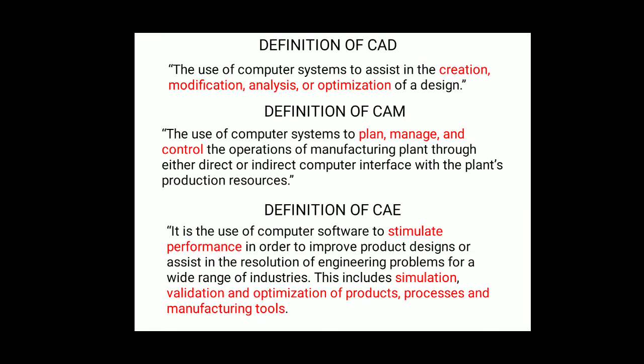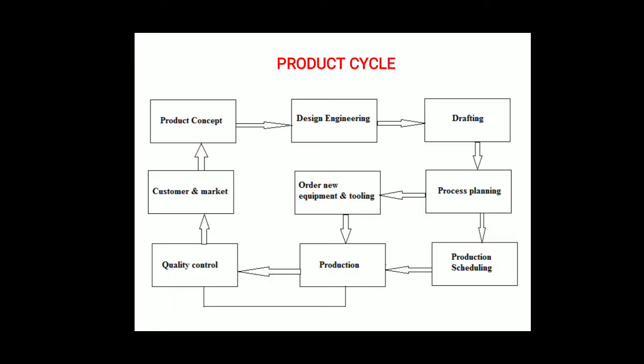First of all, before going to the product cycle, the first point is the product concept, the design concept. What is meant by product design concept? In this product cycle, you can see the first step itself is the product concept. Whatever first imaginary idea comes through your mind, that idea should have some type of design. So we'll see the product concept design first, then we will move further through the product cycle.